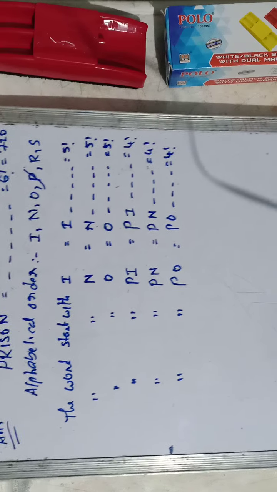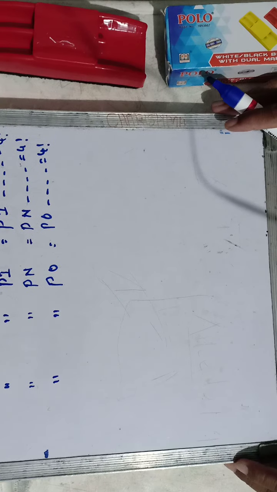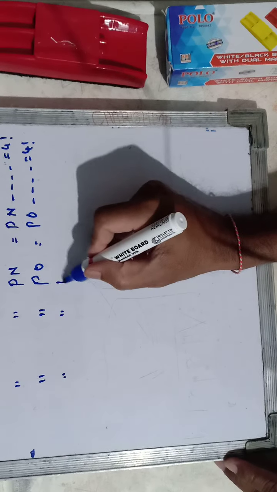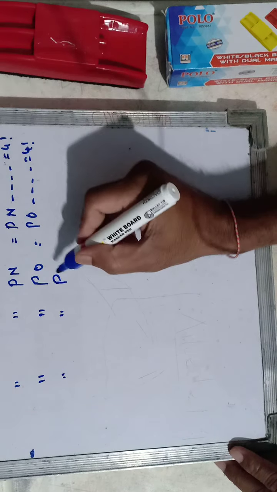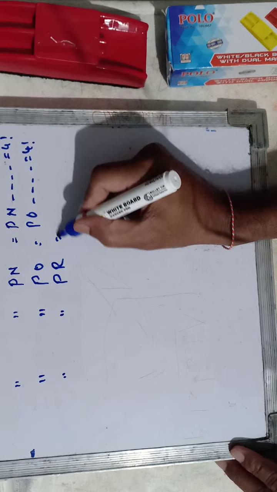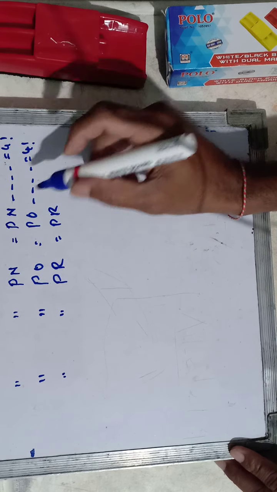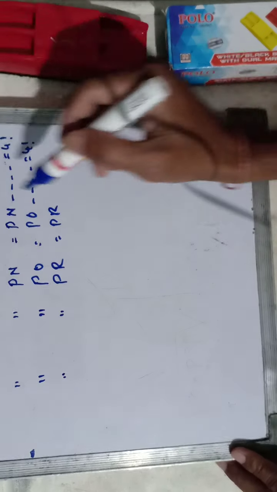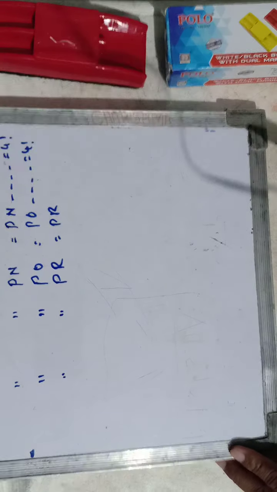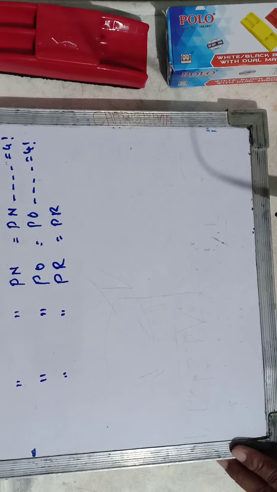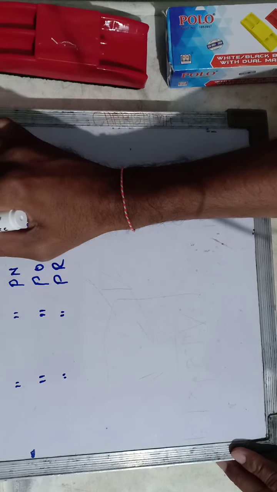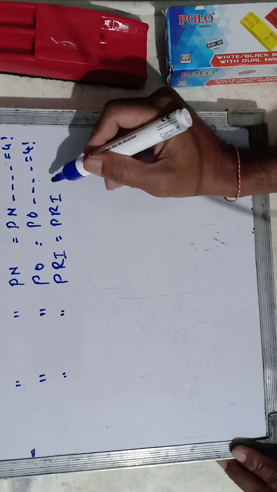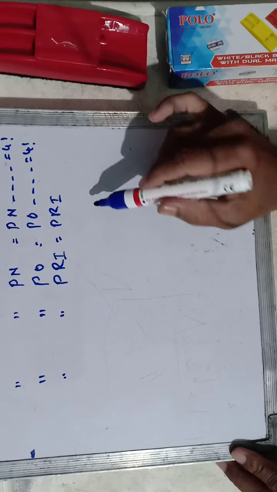Next, the words starting with P, O, and after O comes R. The second letter we want is R, and we got it. So delete R from the alphabetical order. Again we search for the third letter, starting with I again. P, R, I. The third letter is I, and that we also got.